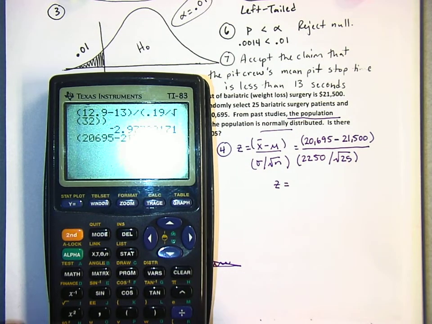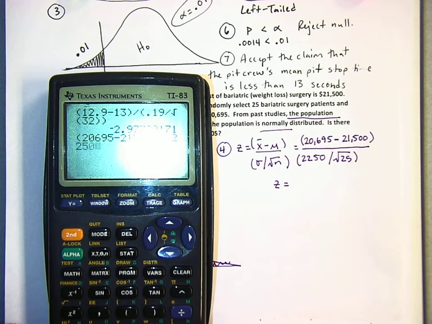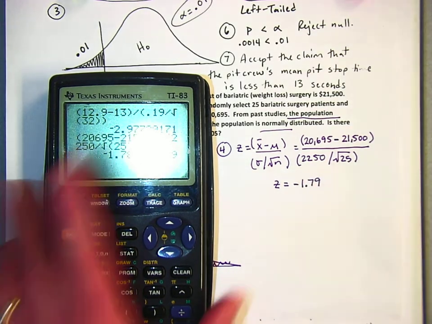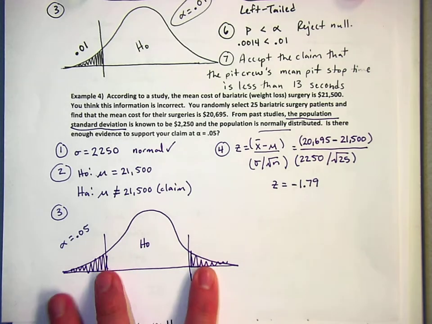All right, negative 1.79 is my z-score, but I'm not going to compare it to that